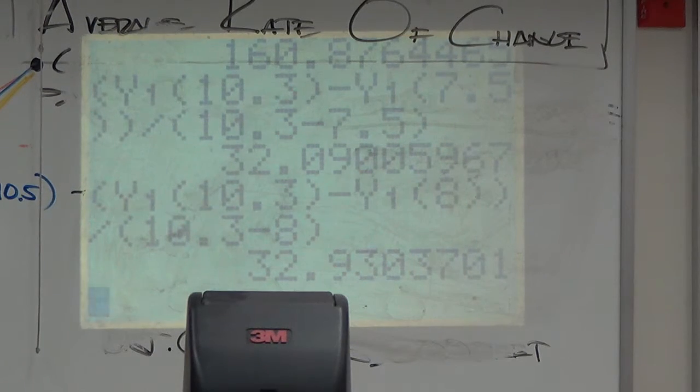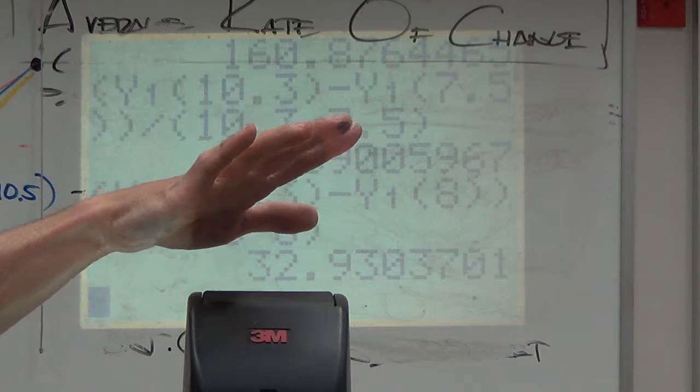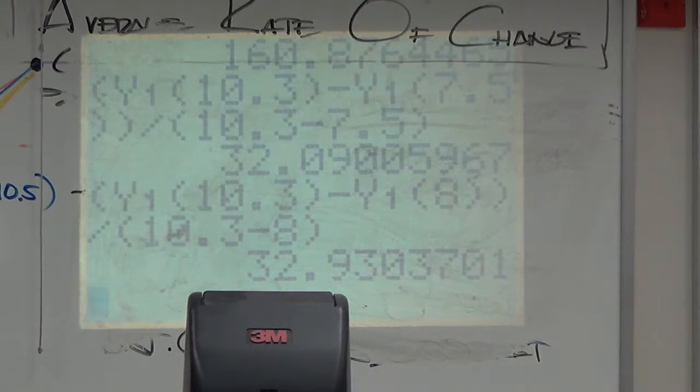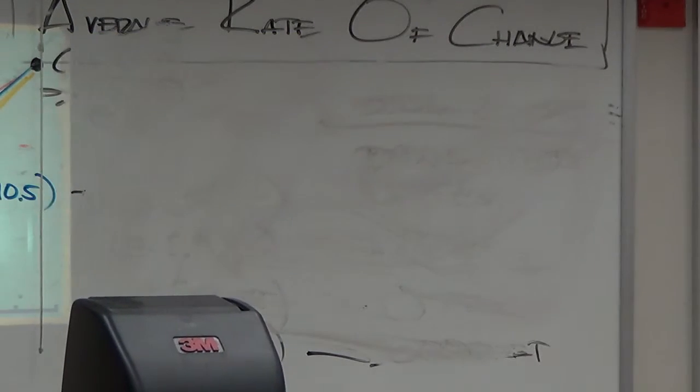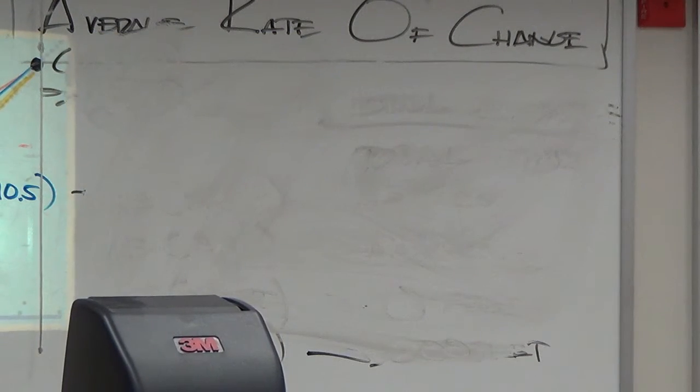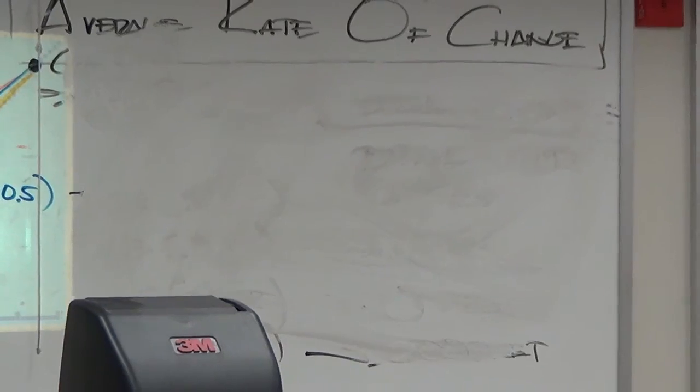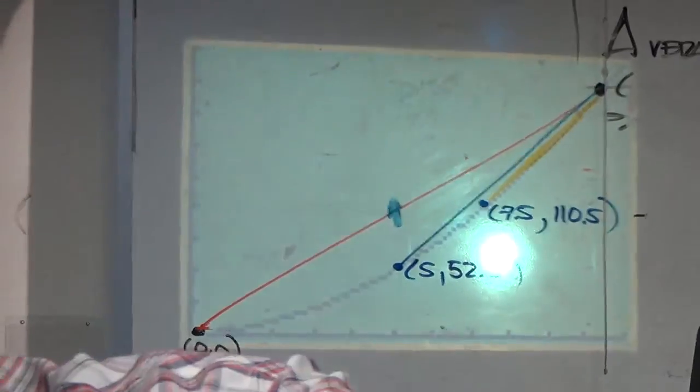Chad, go ahead. I'm just wondering why. So you're wanting to know how fast you're going at the end there. I don't understand why you're not just measuring the distance between the last 25 feet. Hold that thought, Chad, if you will. We are getting there. Here's the deal, and I have an in-class quiz for you to finish this off. Let's go back to the graph. I love what you just said, Chad, and I think hopefully some of you are thinking the exact same thing. It seems like we're doing an awful lot of work to not get the answer we need. So here's the deal. Remember what I said before about these